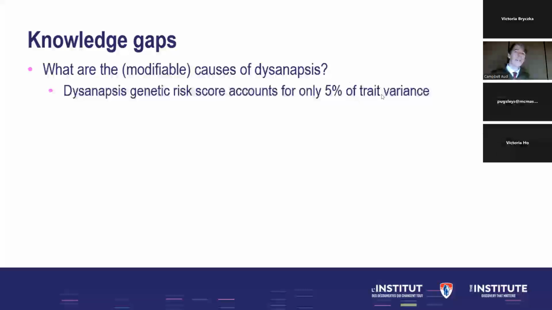So I think that is potentially an opportunity to identify modifiable early life growth conditions. That's something we're doing actively now. There certainly are some things, markers of early life socioeconomic status, for example, that are associated with the more dysanaptic, small airway phenotype.